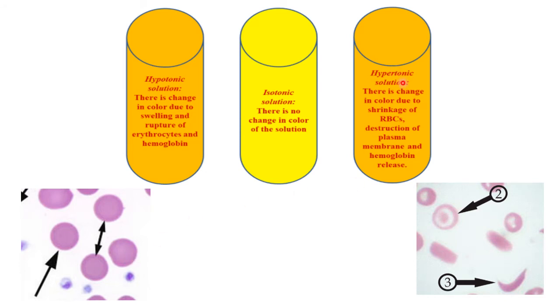As compared to the hypertonic, shrink lang niya yung mga RBC. Okay? And then, therefore, yung ating plasma membrane may release after the shrinkage. So, much better to test for the membrane is through hypotonic